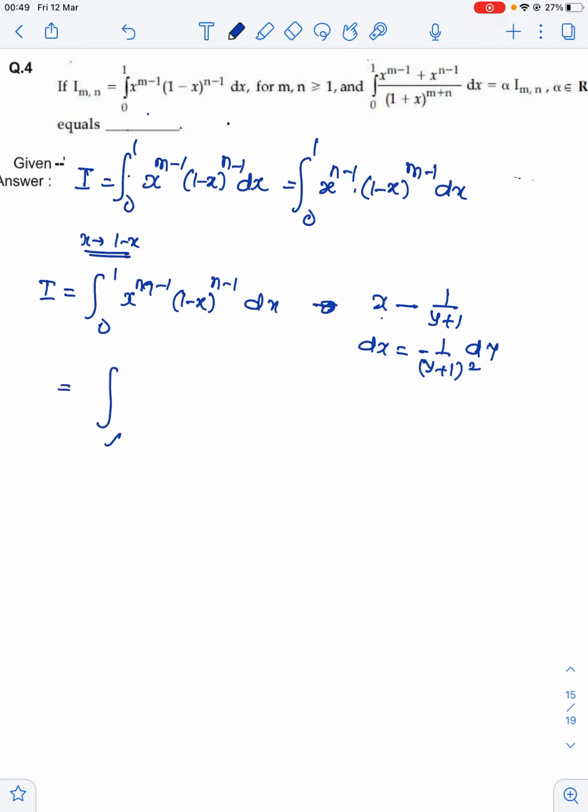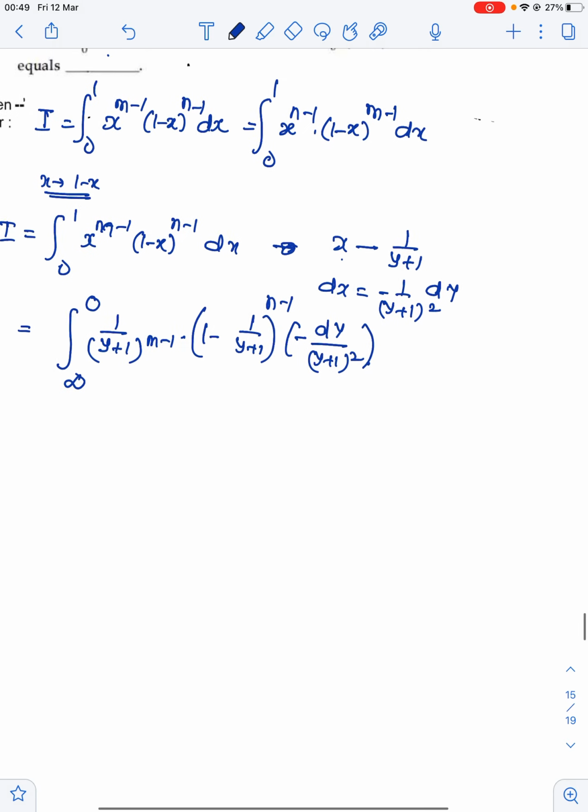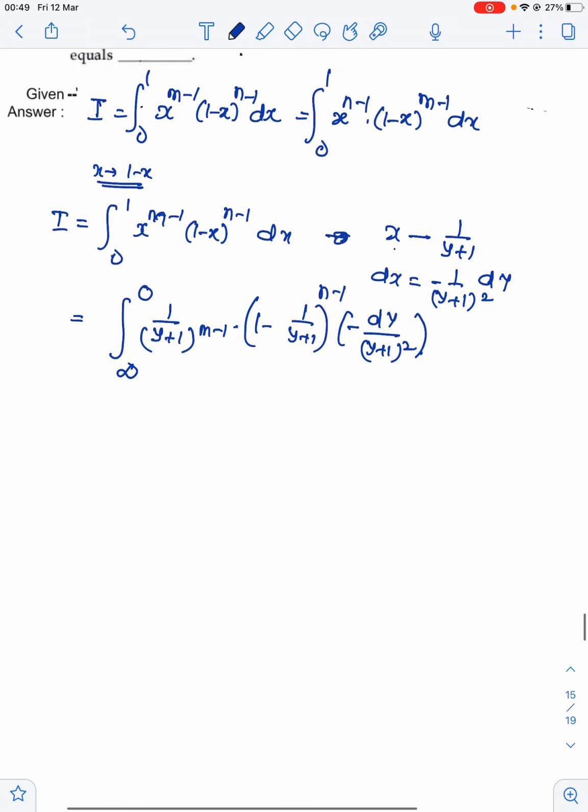So this is from infinity to 0. x means 1 upon (y plus 1) whole power m minus 1, times 1 minus 1 upon (y plus 1) to the power n minus 1, times minus dy by (y plus 1) whole squared. So this overall comes like this. So if we simplify